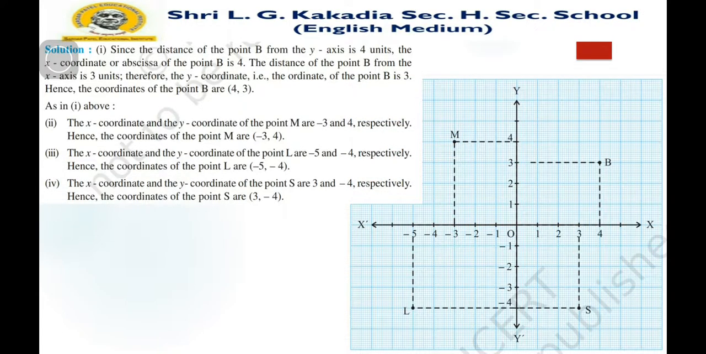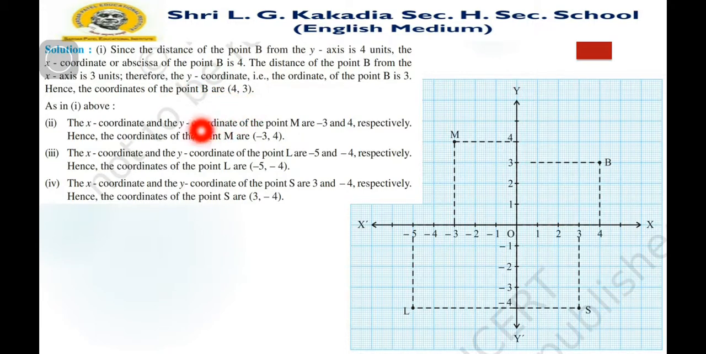since the distance of point B from the y-axis is 4 units. Here you can see it is the y-axis. The distance from the y-axis along the x-axis is 4. So the abscissa means the x coordinate will be 4, and the distance from the x-axis along the y-axis is 3 for point B. So its y coordinate is 3. Therefore the y coordinate of B is 3,